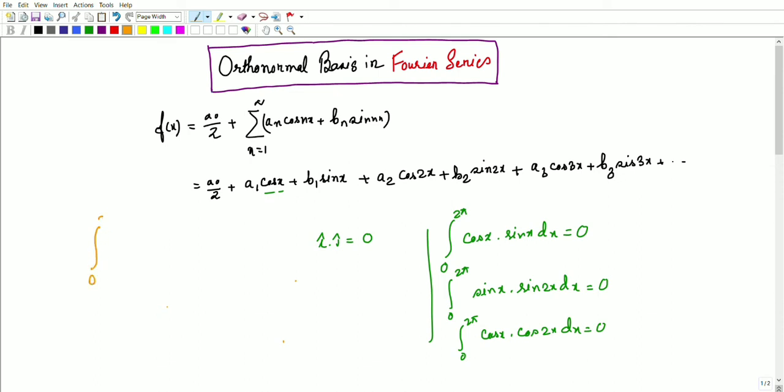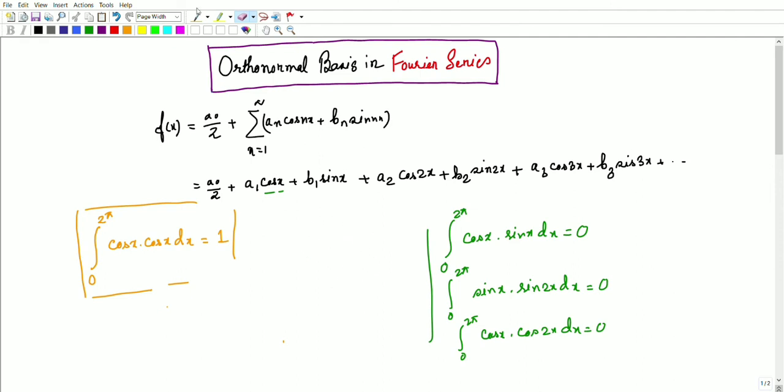0 to twice pi. Okay, if we take the inner product of a function with itself, then cos x into cos x dx, it should be 1. So if cos x dot cos x dx would have been 1, then we say that cos x is an orthonormal function, because cos x and sin x have already been proved orthogonal, and the magnitude of this function has to be 1. In the case of functions, we define the property of orthonormality like this. In the case of vectors, we define it like this, i dot i equals 1. Okay, but here